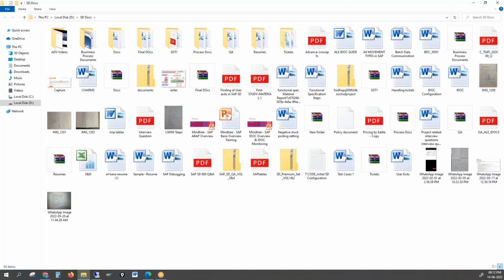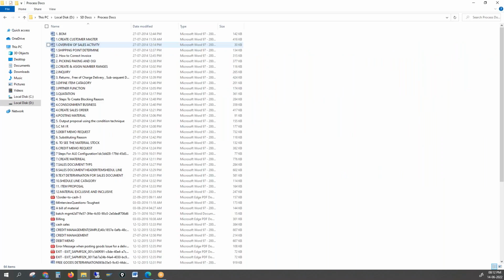So whatever the processes we are discussing, every process is already documented. In the final docs, the folder I shared through G Drive, you could open this folder, process docs, and you name a process in SD, it is already documented with screenshots. So now we just discussed inquiry. This is inquiry, right? Just open the inquiry,